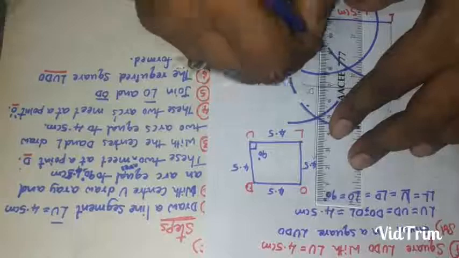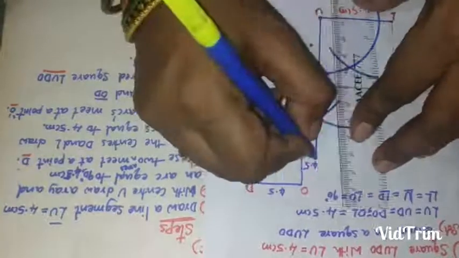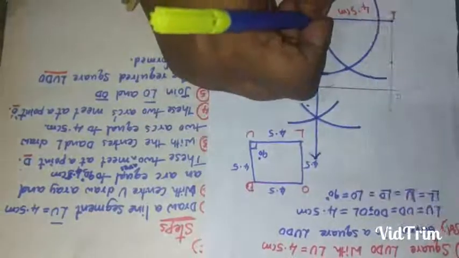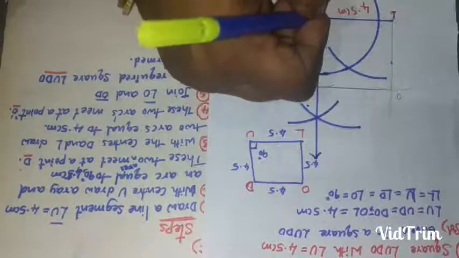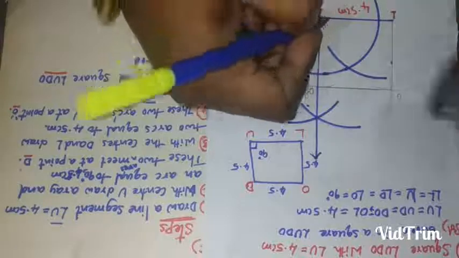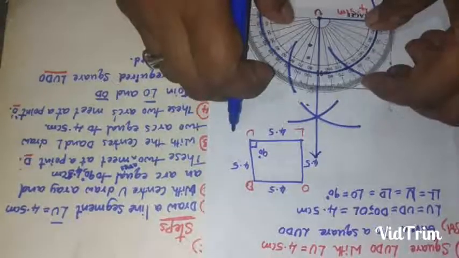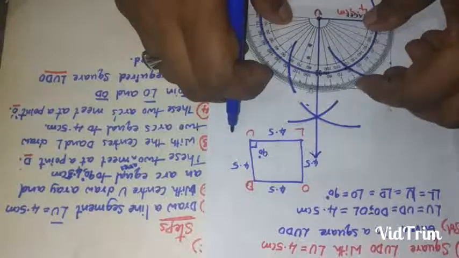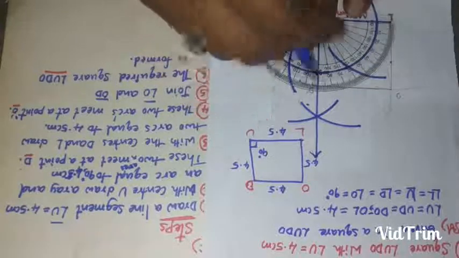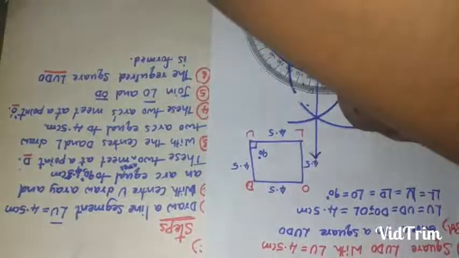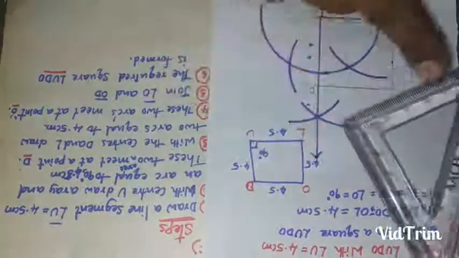See, this is a ray. A ray does not have any measurement. It has one end point and one endless point. Okay children, see, I will show you how we got 90 degrees by using a protractor. See. Is it 90 degrees children? Yes. Not only by using a protractor, we can also use a set square. See here. This also will be exactly equal to 90 degrees. I will show you. See here.